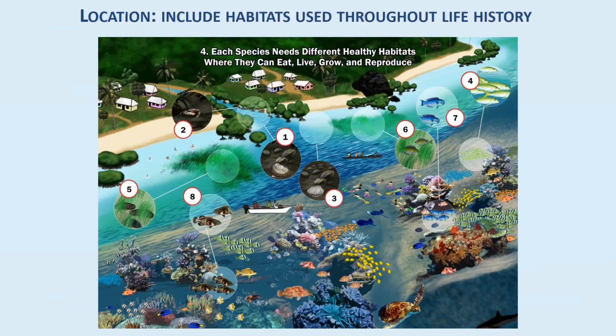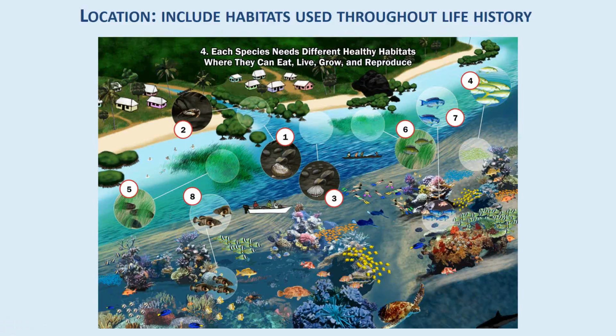The other thing I wanted to mention is that when you put these no-take areas in a place, we have to really think about the location that we're putting them, because as you know, different species use different habitats. They settle onto the reef and most of them spend the rest of their lives there. And it seems so obvious to say, think about what species you want to protect and put the no-take area in the right place, but you'd be amazed how many people don't do that.